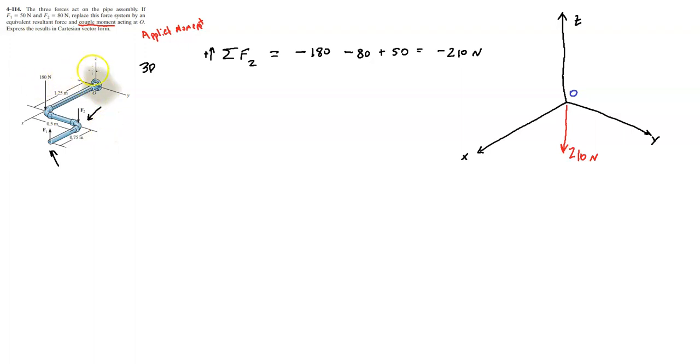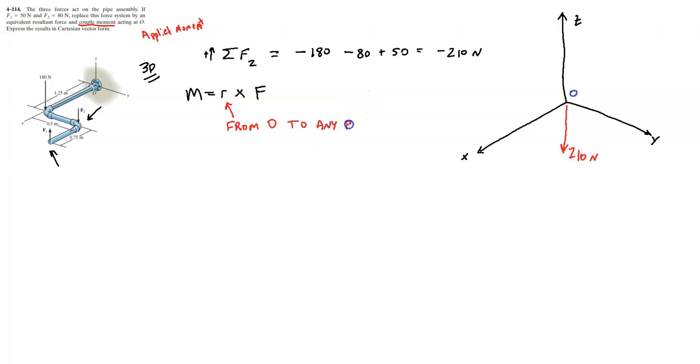Now, this is a 3D problem, okay? So I highly recommend, you don't have to do this. In fact, this problem, you could probably do it in your head if you're really good, but I wouldn't do that if I were you. I would recommend anytime we see anything in 3D, we use the formula moment equals R cross F, right? And we realize that R, we have to define R very carefully, make sure we don't screw this up, right? R goes from, in this case, O, because that's the point that we want to sum moments about, to